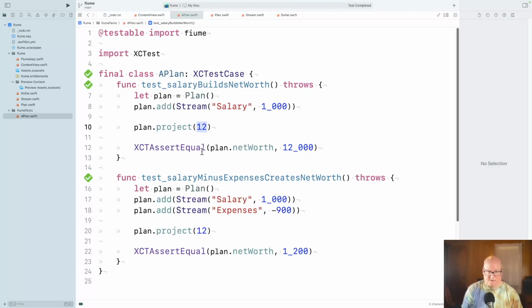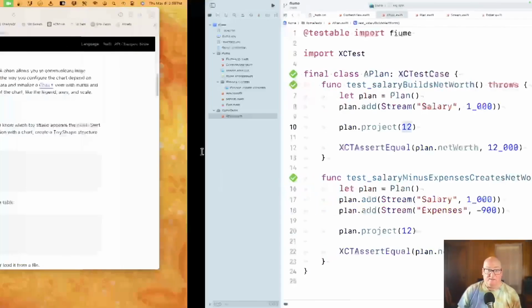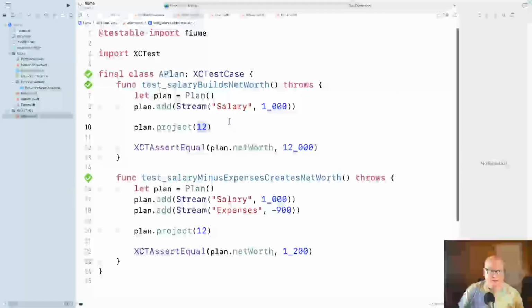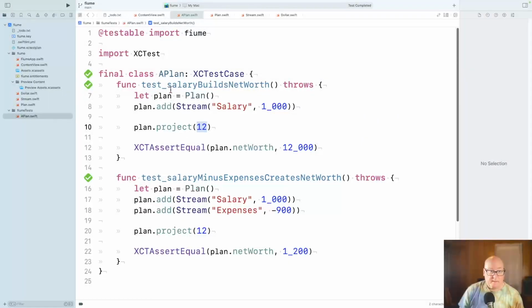Okay, I'm going to shorten it. Yeah, I'm trying to change the structure. I don't want plan.project to have a side effect. I want it to give me that array of stuff, right? That's what we're getting here, is an array of stuff. And I want to check that the last value is that, but I really want to check the stuff.